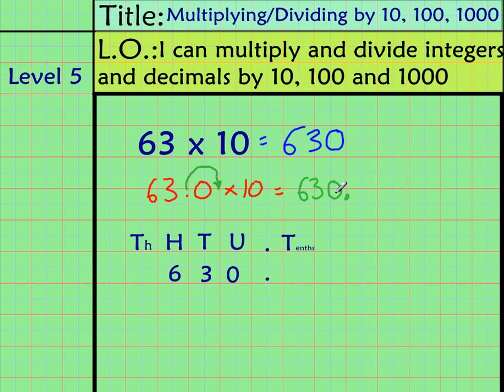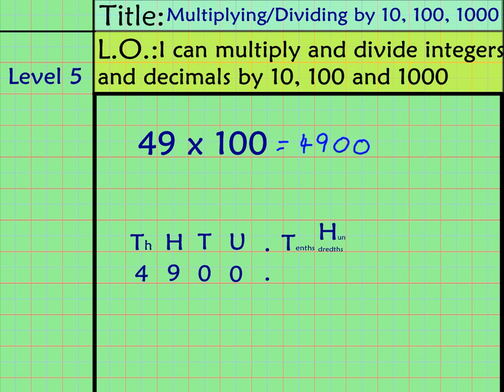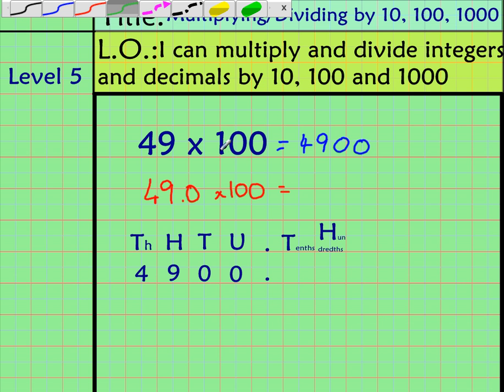630 if I want it, but 630. Okay, let's look at the second one we looked at. Here it is. Okay, so 49.0 times by 100 equals, which is what we're doing. And this time, when I'm multiplying by 100, I don't just move the decimal point one space to the right, I actually move it twice. So there'll be another 0 in here. Okay, so it's good, and that's why it's going to be